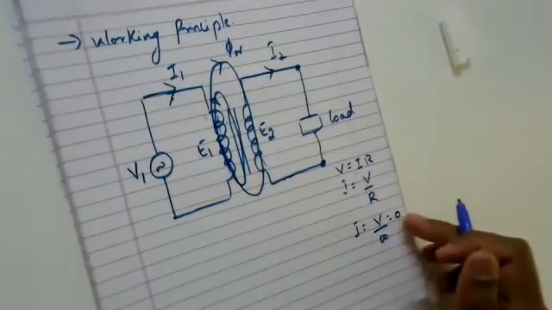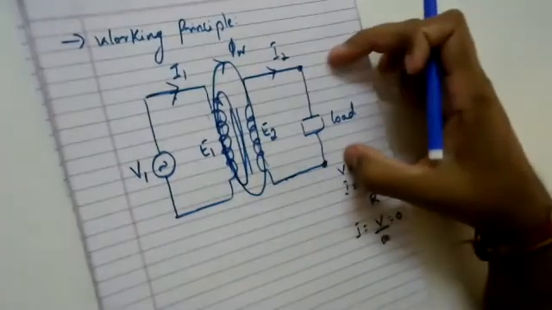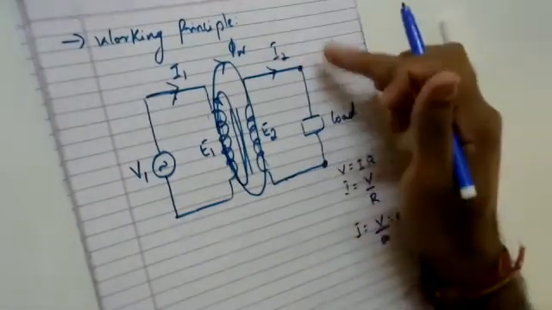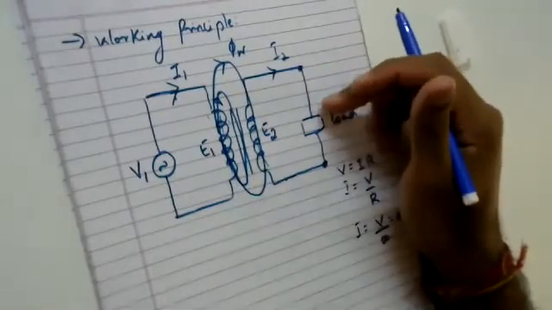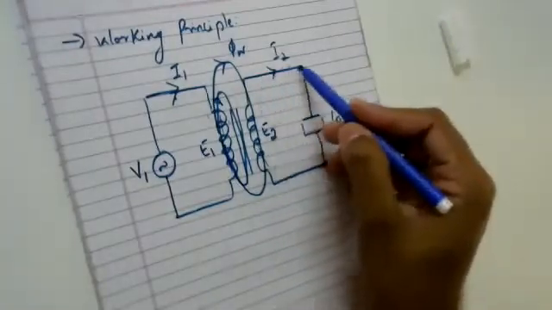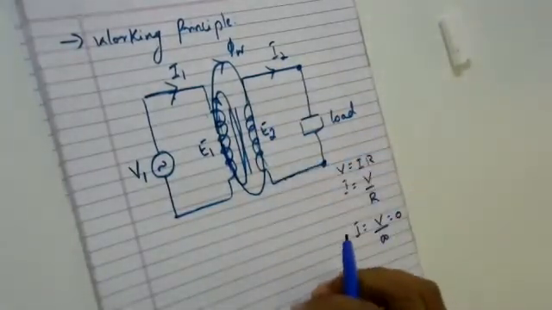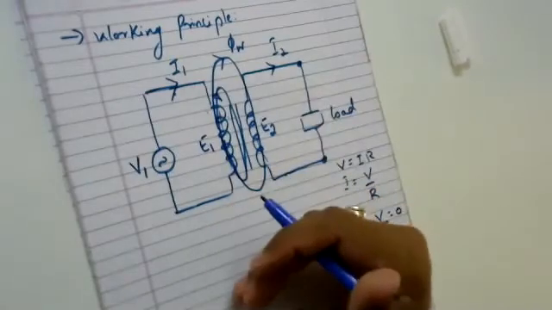So when the load is not there, the resistance offered is infinite, and at that time no current flows in the circuit. Understood? Okay. Now, once you have understood this operation, we are going to derive an equation,